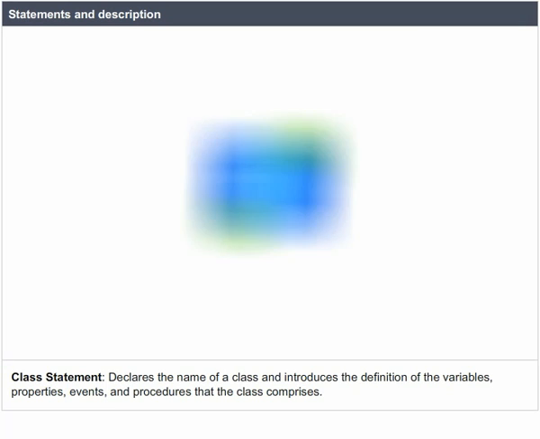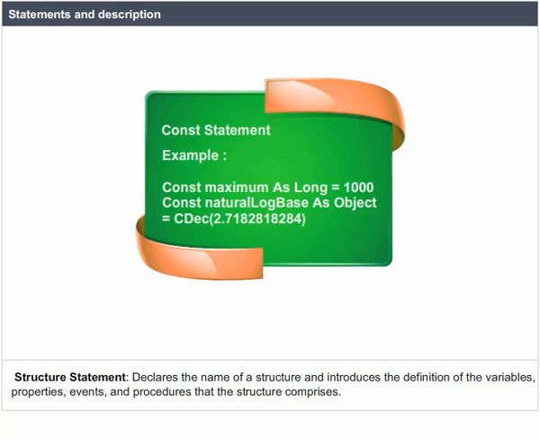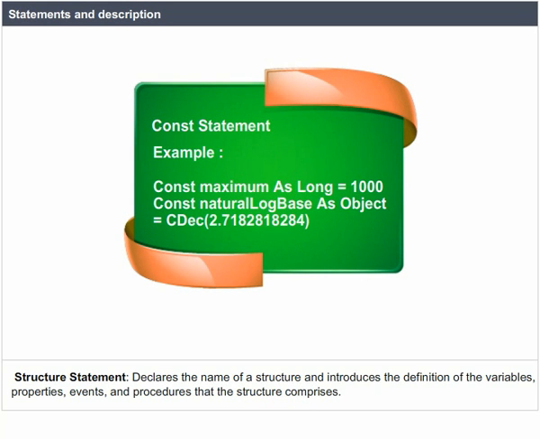Statements and description. The Class statement declares the name of a class and introduces the definition of the variables, properties, events, and procedures that the class comprises. Example: The Structure statement declares the name of a structure and introduces the definition of variables, properties, events, and procedures that the structure comprises. Example: